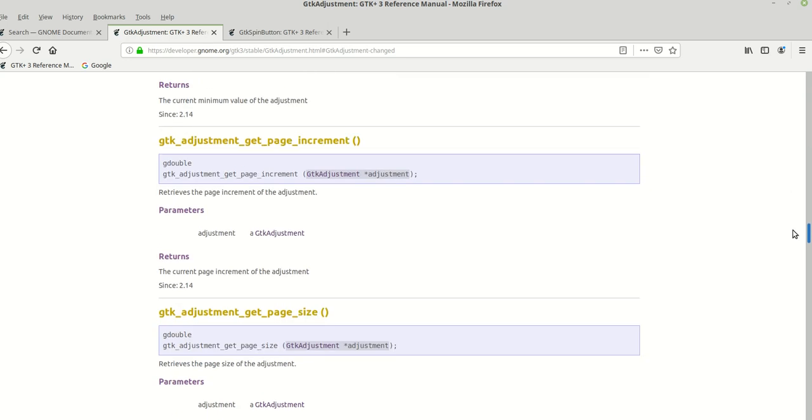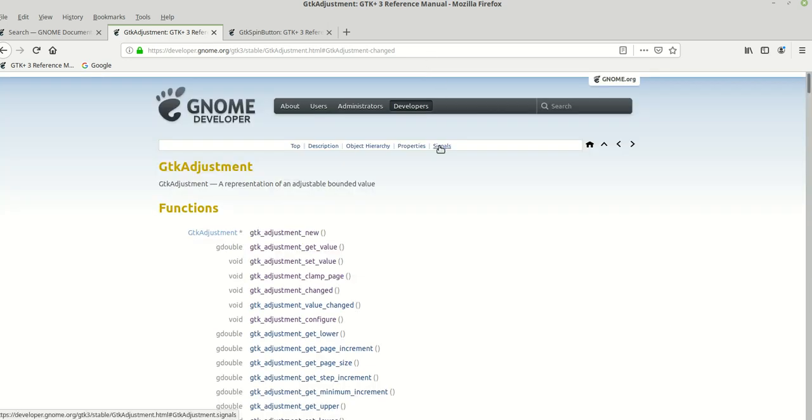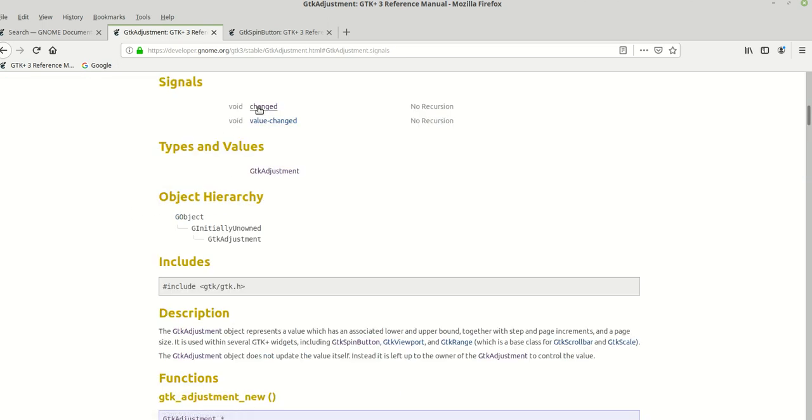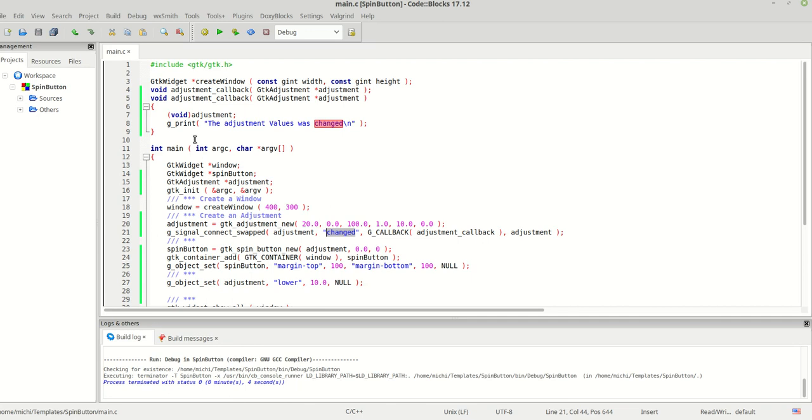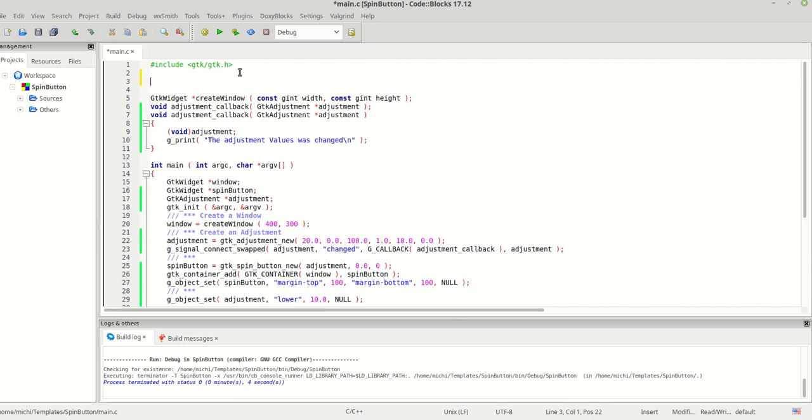I mean, maybe I need to know how to catch this change of signal in a manner that I know which kind of value was changed. Was it the lower, the upper, the step increment, page increment, page size, which one? We know that something changed, but we didn't know what. Okay, well, one way would be to create a structure,